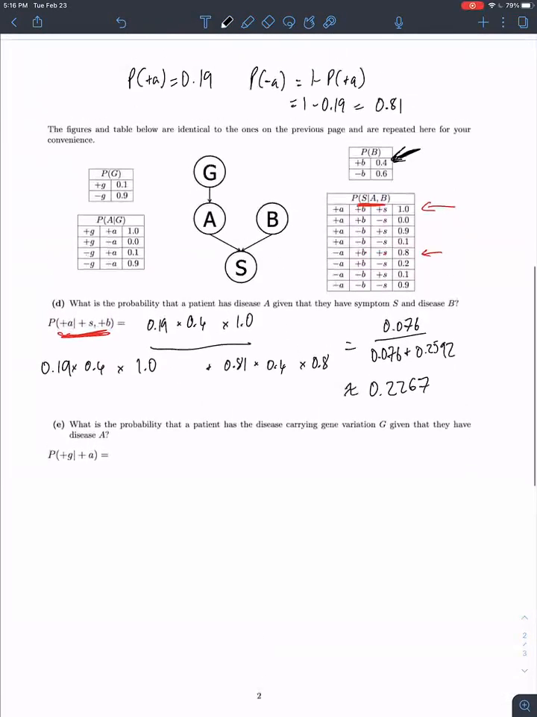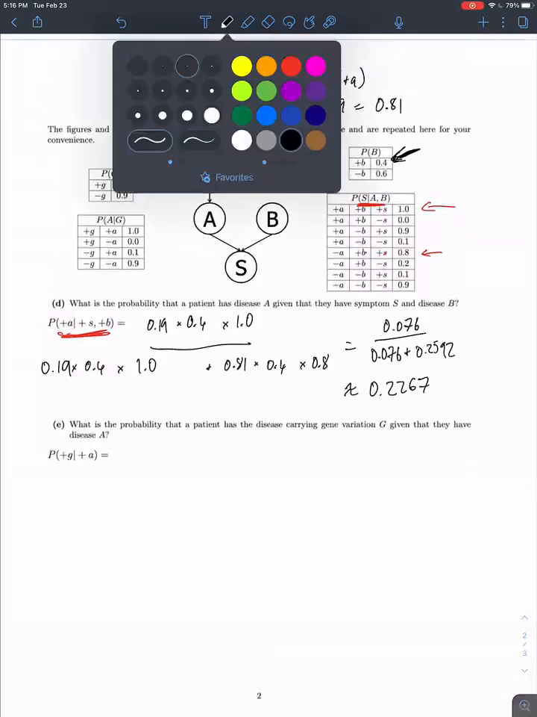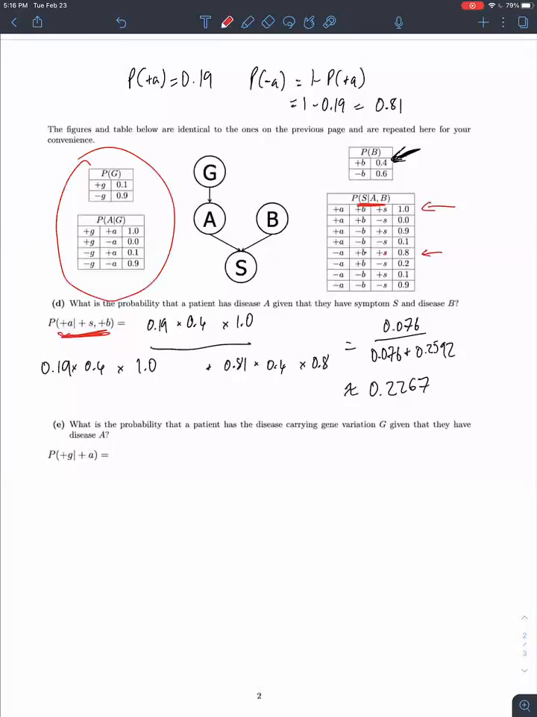What is the probability that a patient has a disease-carrying gene variation G, given that they have disease A? So probability that you're positive for G, given that you're positive for A. So here we want to use these numbers, right? And in particular, we have A given G, but we don't have G given A. So we're going to use everyone's favorite rule, Bayes rule. All right, so this is equal to